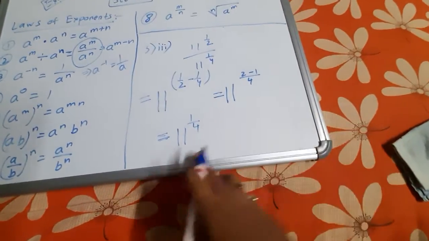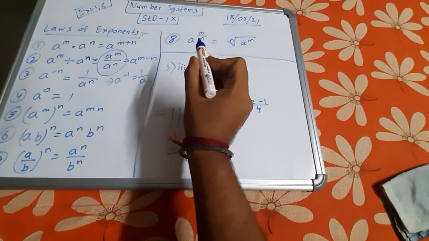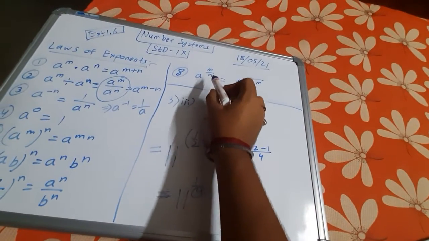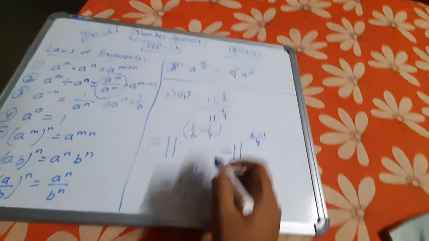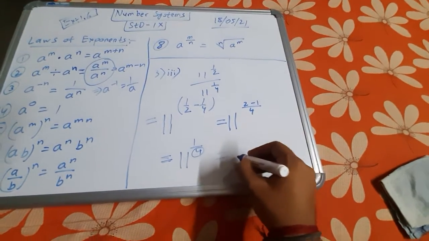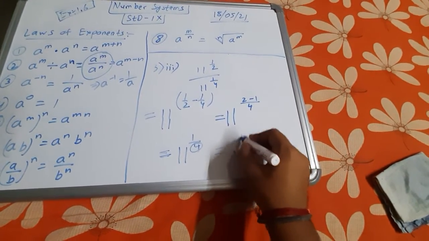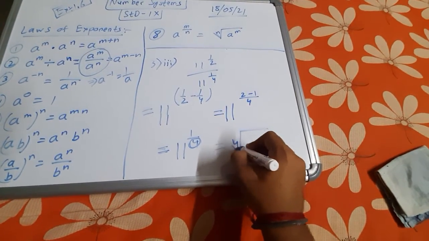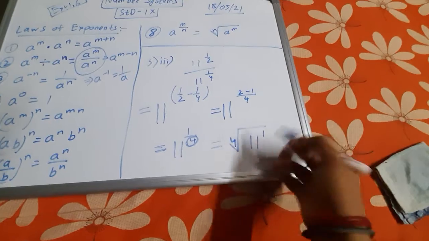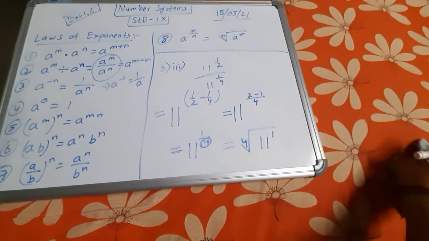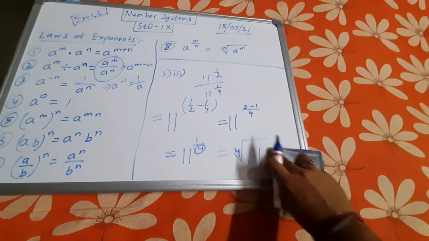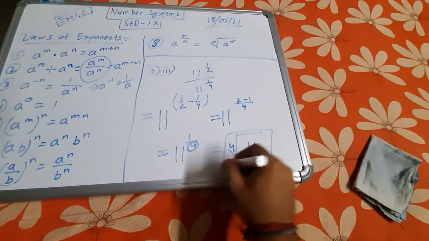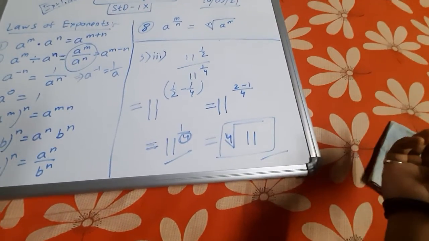Or you can also write it in the form, as I have said. See that this is the m, this is the n actually. You can see this formula, a to the power m by n. This n becomes actually the root and m is actually 1. So I can also write this as the 4th root. See, 4 is there, so it is the 4th root. I am putting 4 over here, and over here I am putting 11 to the power 1. Now any number to the power 1 is actually that number only. So the answer will be like that only. You can keep the answer in either this form or this one. Anything is possible.